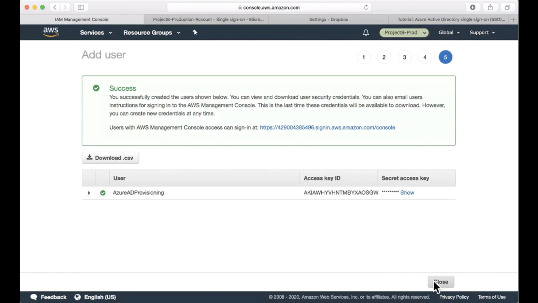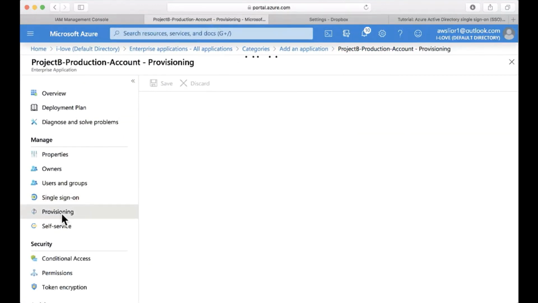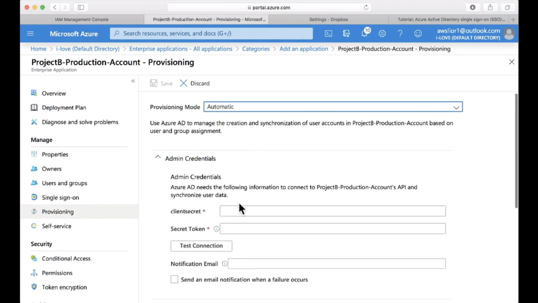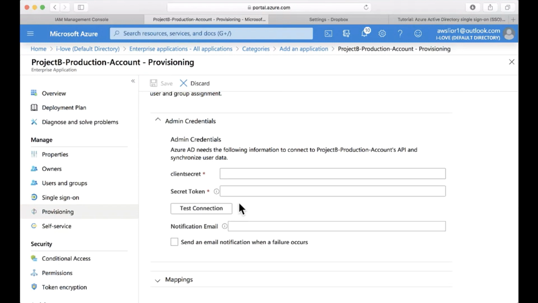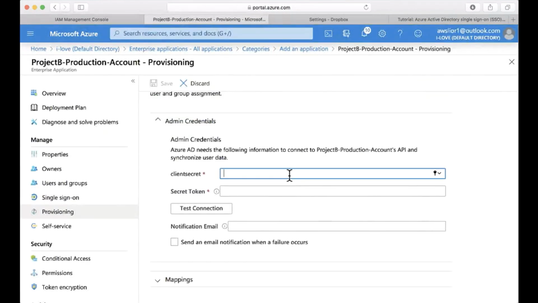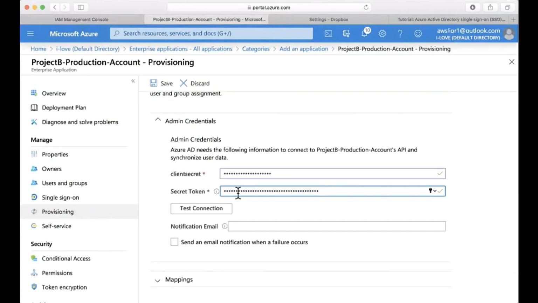Now let's see how we set up provisioning in the Azure AD side. So I'm heading back to Azure and selecting the provisioning menu item, and I'm going to change the mode of provisioning from manual to automatic. Next, I will have to put in my user credentials in this dialog. So I'm heading back to AWS. I'll copy the access key ID and put it in the client secret box. Then I'm going to use my secret access key from AWS and put it in the secret token box in